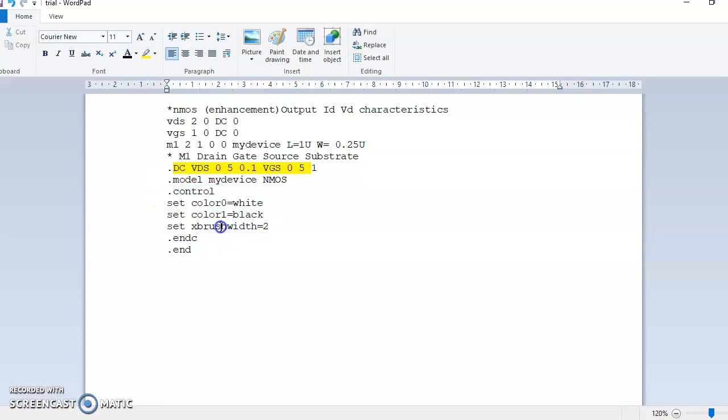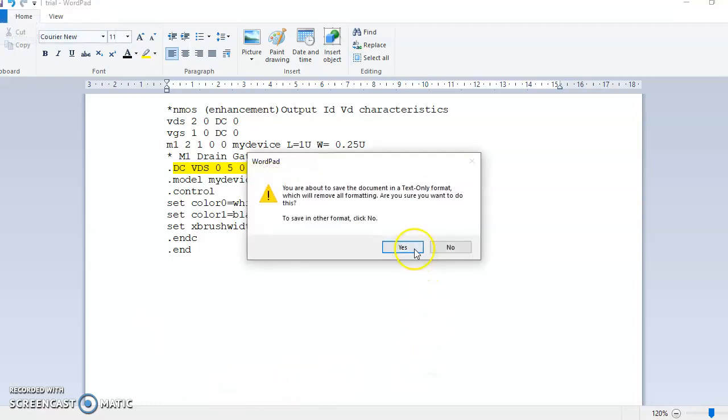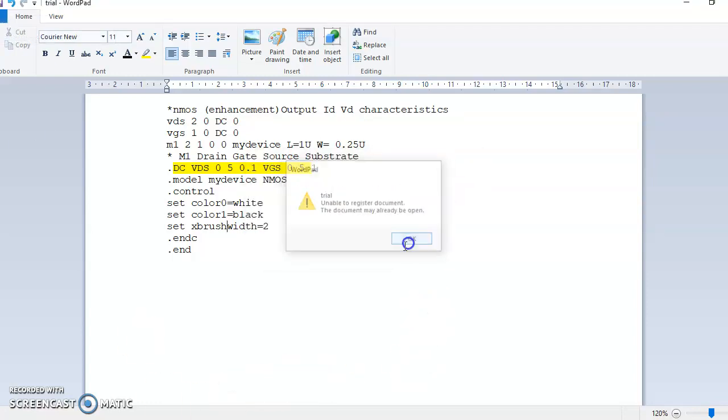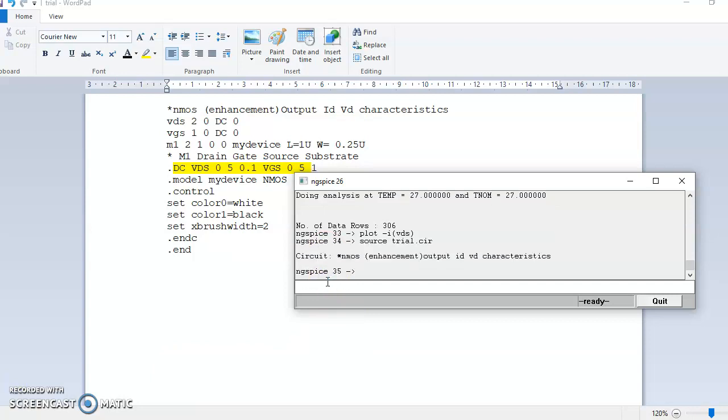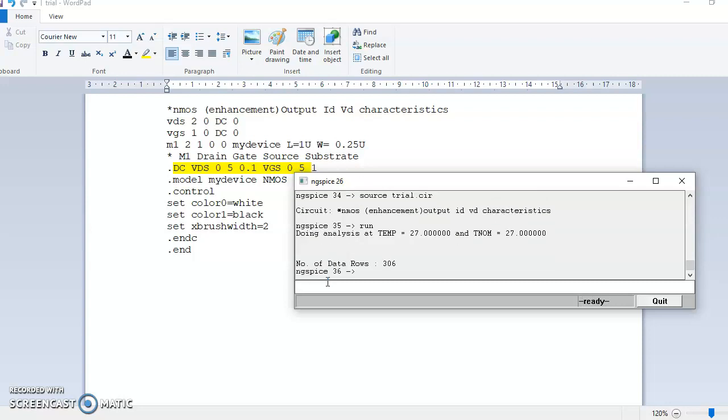Now you have to remove the space between the W and the width value, so as to have an impact of that width size. In the earlier program I had kept the space, and therefore even if you write 2 and 5 and 6, that was not making any difference. So now if I remove the space, that definitely will, you can observe the difference. Okay, so I have saved this file as a .cir file, and now I'll run this program. So let us run the program. source trial.cir, okay, then run the program and then plot.